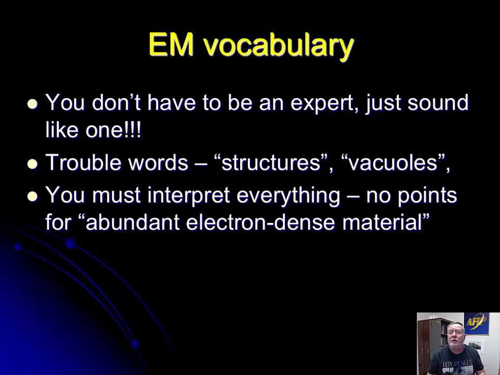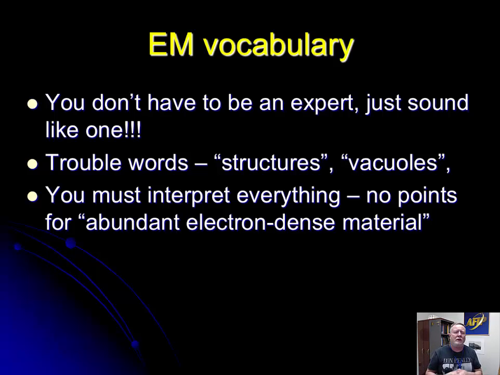You should be using terms like smooth endoplasmic reticulum, which is clear. How about a lysosome or a phagolysosome? Occasionally, you can use the term vacuole if a particular agent, like a virus, say RNA virus, like coronavirus, has modified either smooth endoplasmic reticulum or lysosomes to become replication factories. And at that point, vacuole might be appropriate if you can't tell which is which. But generally, when I see that,